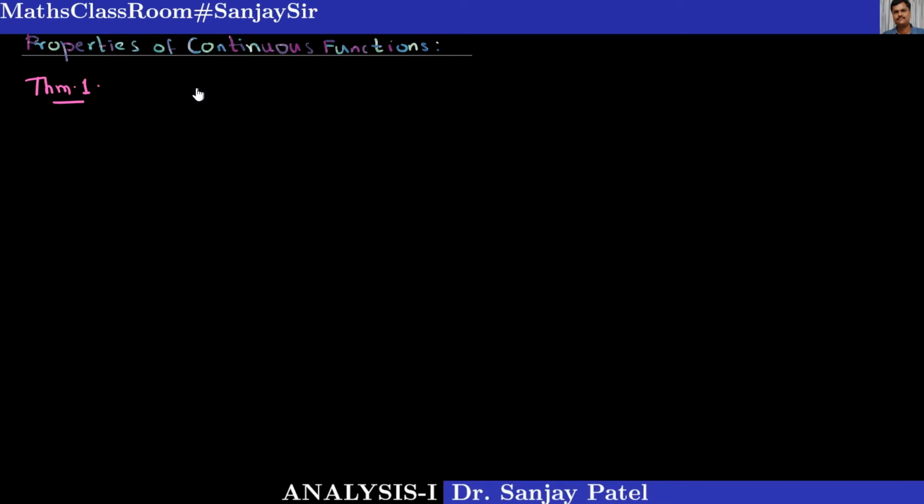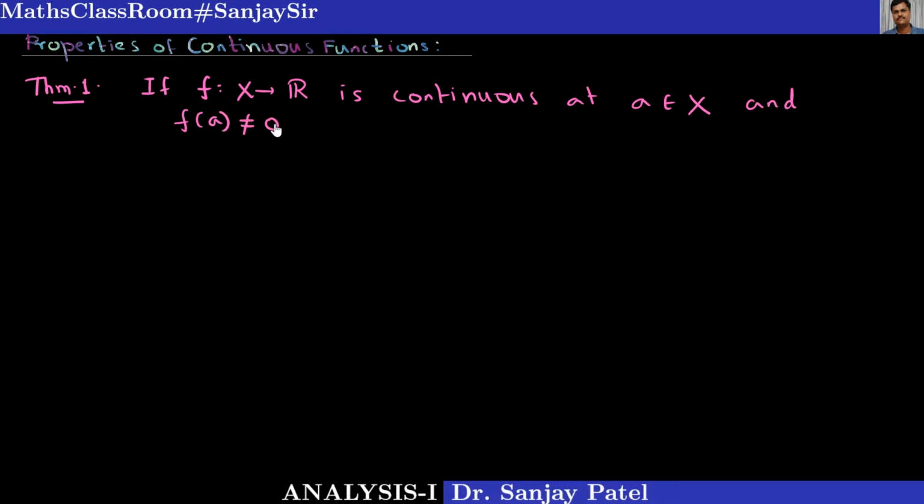The first result is this. If f from X to R is a continuous function at some point a in the domain, a belongs to X, and f of a is not equal to 0, means the value of the function at the point a is not 0, then prove that the function f keeps the same sign in some neighborhood